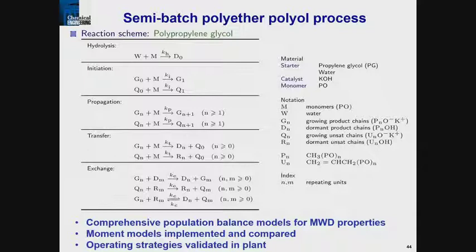Now, there are ways to reduce this model, but the point is you have to keep track of all of them because the molecular weight distribution of this polymer determines the quality of the product. It has to meet a certain spec when you're done. So this is the species: you have basically water, monomer M, dormant polymer D, growing polymer G, and side components Q, which you don't want, byproducts. So those are the things that are part of the system.